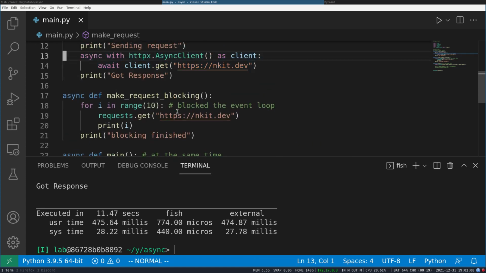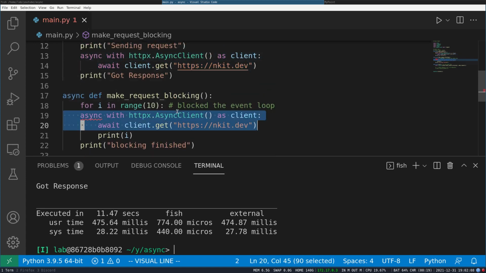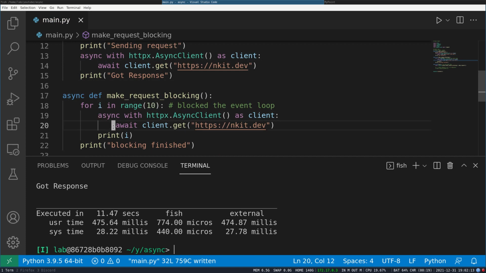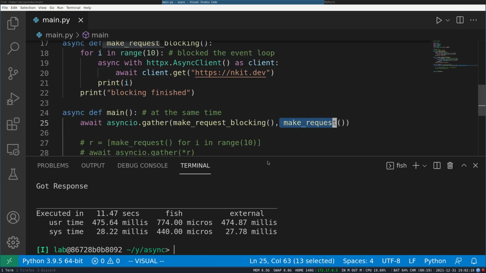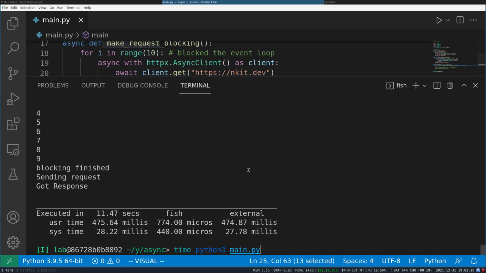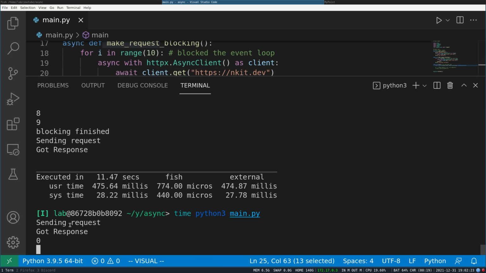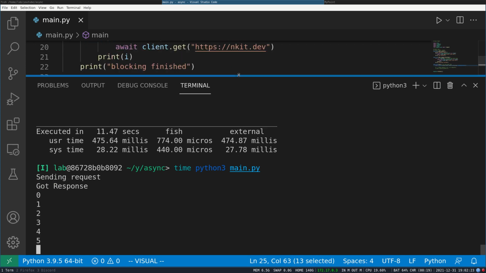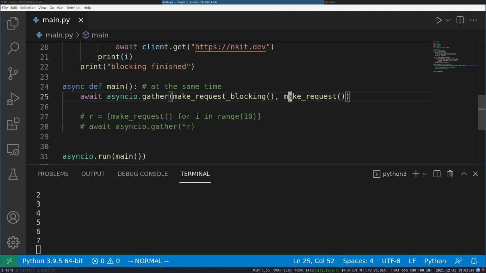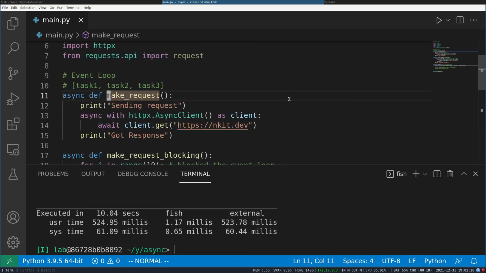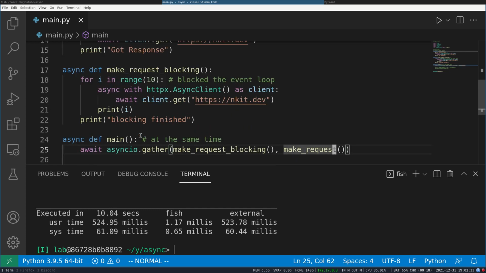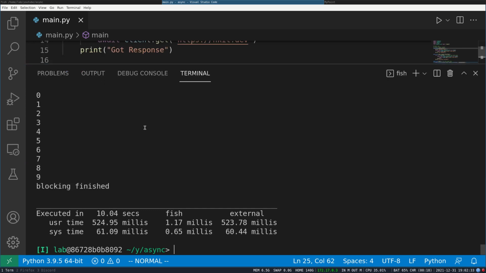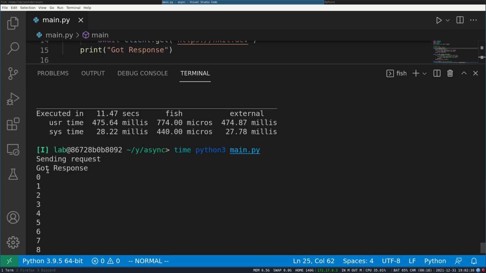As soon as I move it to an async implementation, as soon as Python hits await, it knows that this code will have to wait here for some time, so it can move on to the next task while the response comes. So you can see sending request, got response. For this one, we send the request and got the response, and the rest of this is still executing.